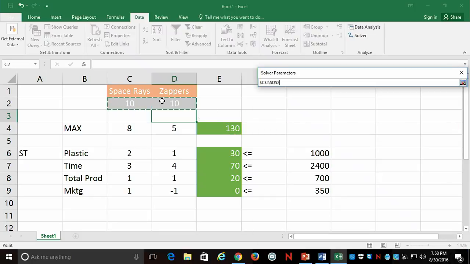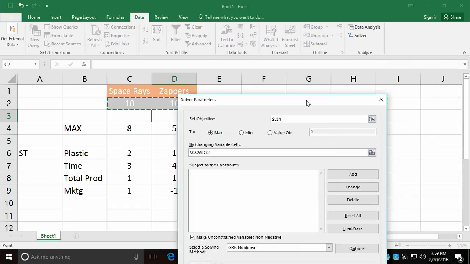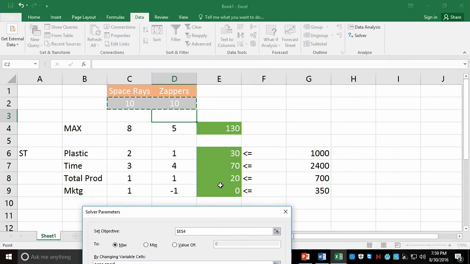Very good. C2 and D2. That's what it's allowed to change. Now what's kind of nice, and this works out good, is that all my constraints, there's 4 of them, and